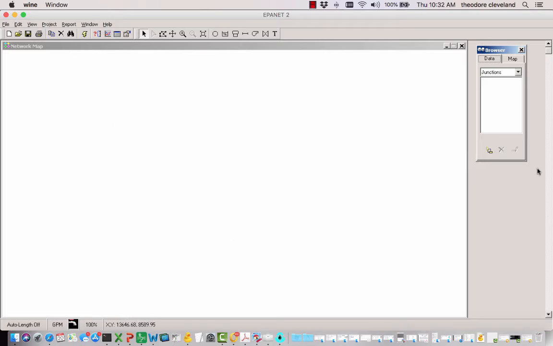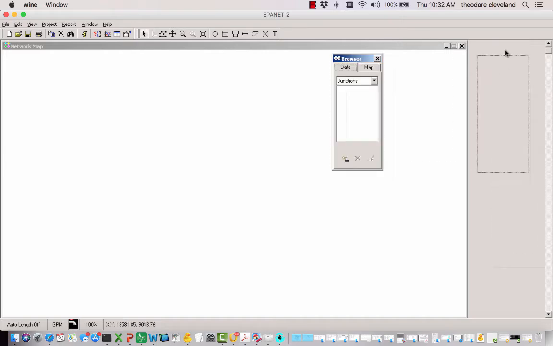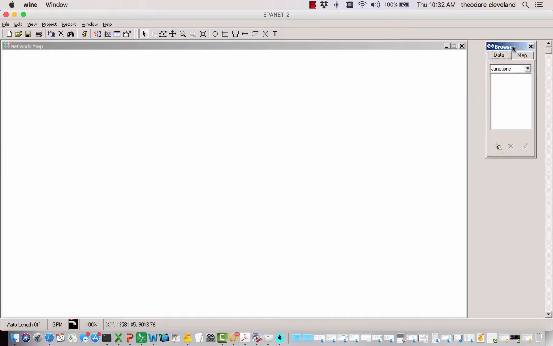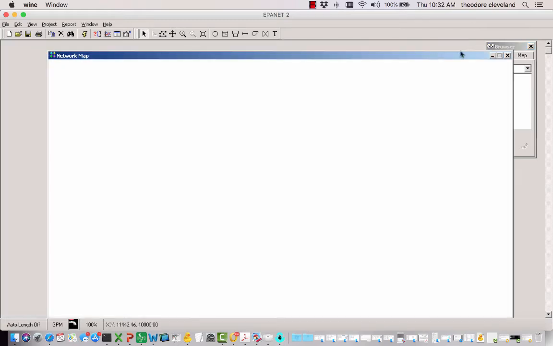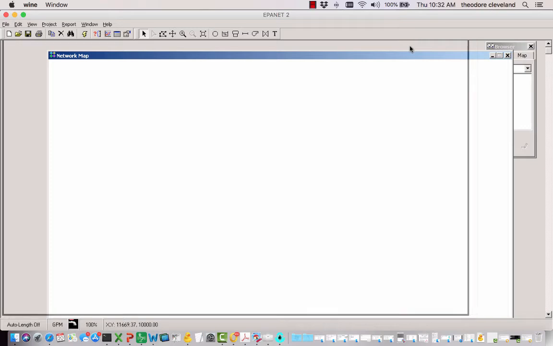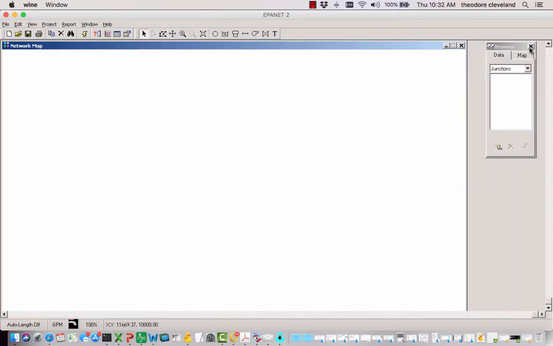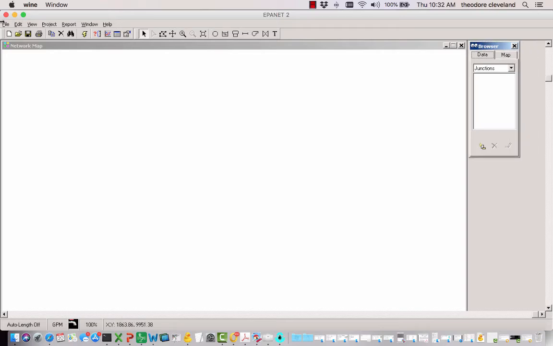There's this browser dialog box that normally positions itself to the right. Just by way of warning, they can get covered up so the browser can get lost. You want to avoid closing the browser because reopening it is some menu item and you don't do it enough to remember how, so it can take quite a bit of searching. It's easier just to